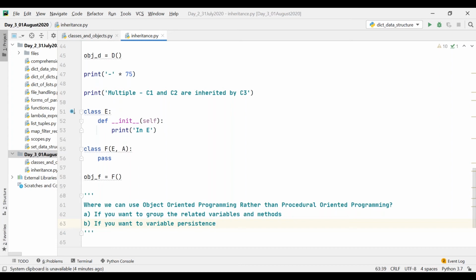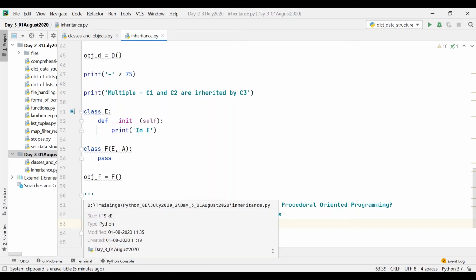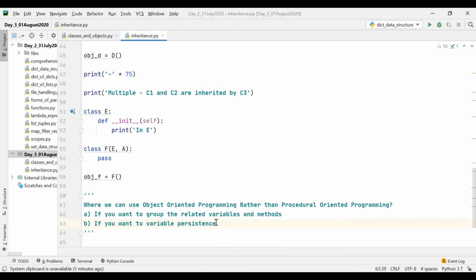So these two are the main reasons to use object-oriented programming rather than procedural-oriented programming. You can create a library, that's also fine, but the second point you can't achieve with procedural-oriented programming. You have to follow some logic.